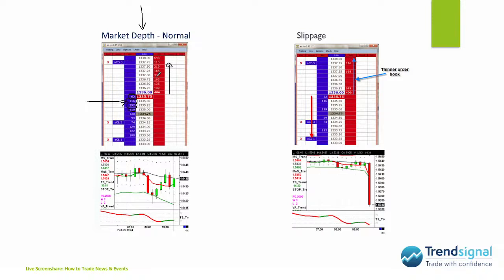It's called the depth of market, which is basically a snapshot at any given time of what the buyers and sellers are in the marketplace, and what price they're hoping to buy at and what price they're hoping to sell at. That amalgamation creates the current market price, which your broker will then mirror on the platform on which you're trading. This is what I call a normal order book, okay?